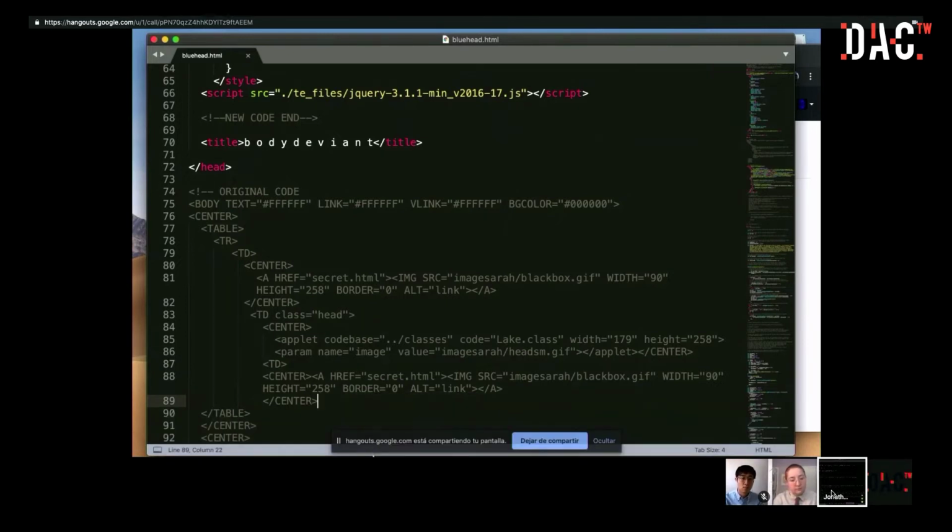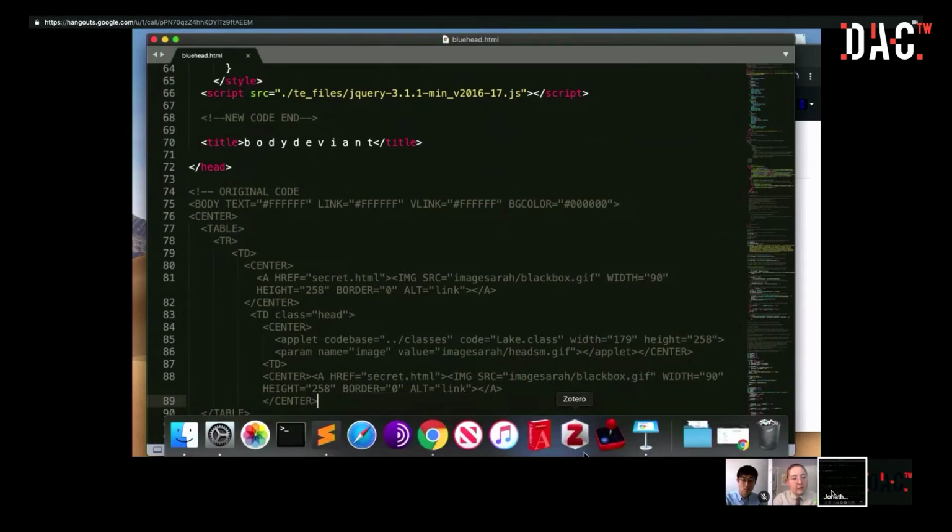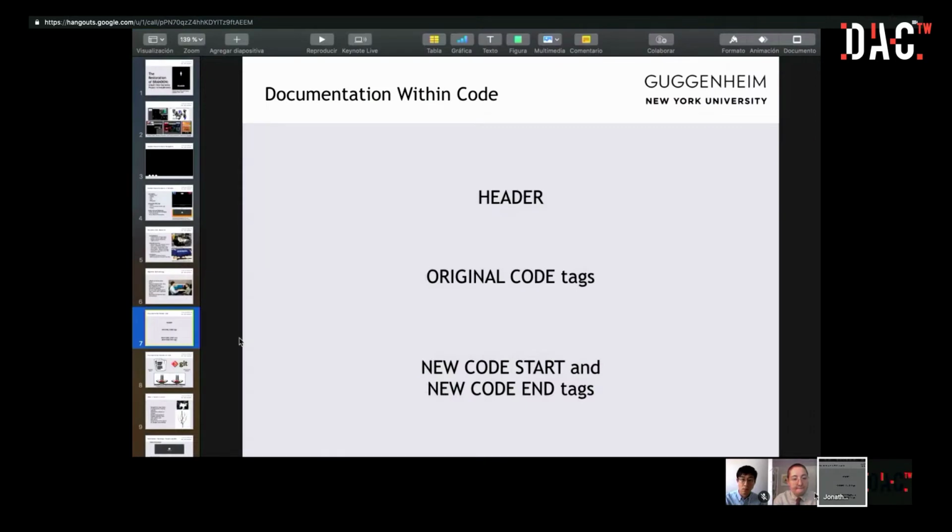So should we go back to the slides? Yeah, I think that's what I had to say about Bluehead. Okay. The next one's the Git. Yeah. So